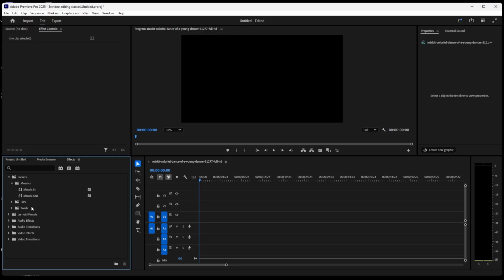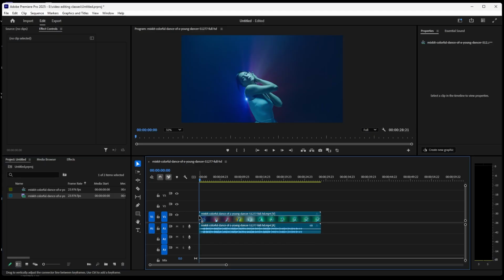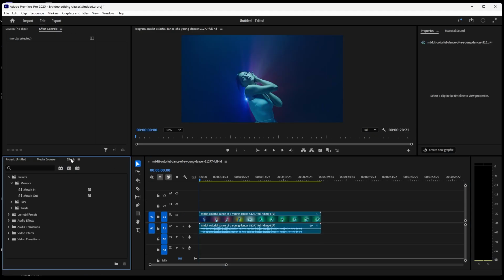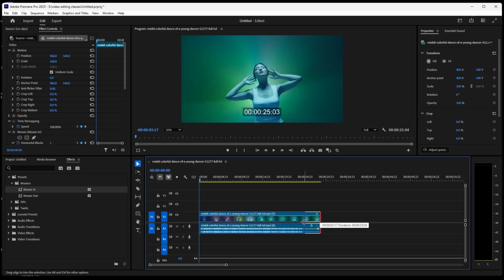So mosaic in means mosaics. Mosaics are chips like, right? The patches like. So this will add at the video start point, and this out will add at the video out point, right? So let us drag our video. This is our video, and come to effects. There, drag mosaic in, the in is added, and for out I want to reduce this video here up to here,